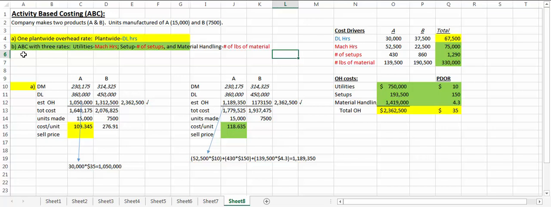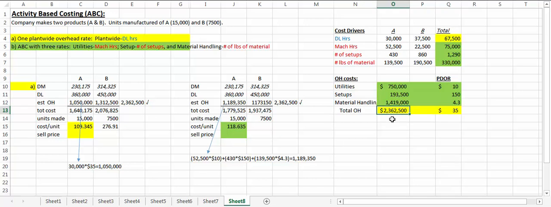Whereas under activity-based costing, we take a deeper look and identify significant activities that we do in the manufacturing process and come up with different rates in different activities, given that the products that we make consume overhead at different rates in different areas. And this can have an important implication for costing purposes, as we will see in a minute. Also assume that the costs related to utilities, setups, and material handling are as follows, and that the corresponding cost drivers for those are these three respectively,